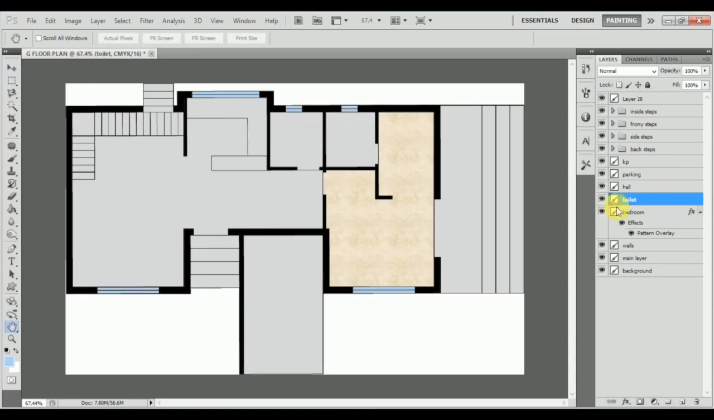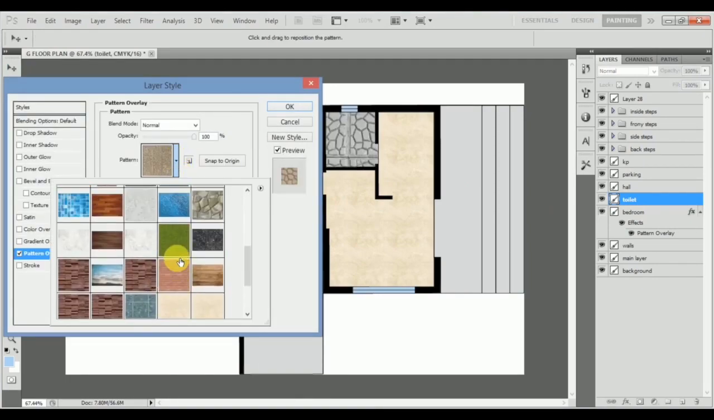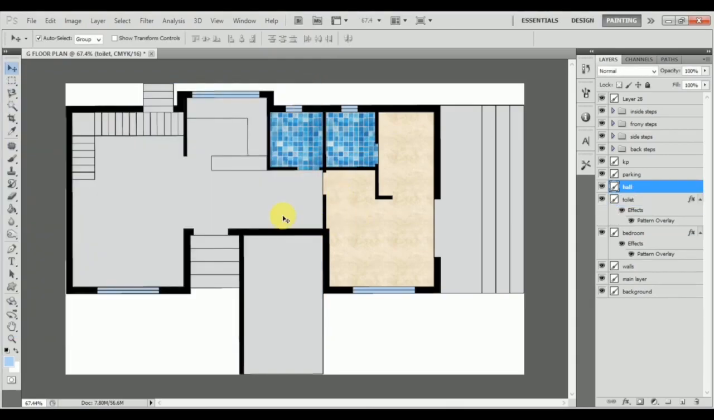Now I'll quickly double click on toilet, and I'll select, let's say, these tiles. So I can reduce the scale over here. You guys can see scale, we have the opacity, and we have the blend mode. Let the blend mode be at normal for now, and we can reduce the scale, something like this. And now I want to give it in the hall as well, so I can double click over here,